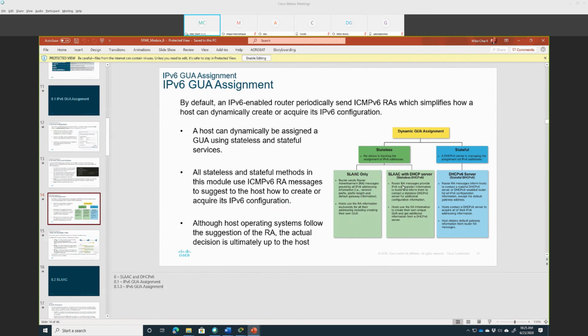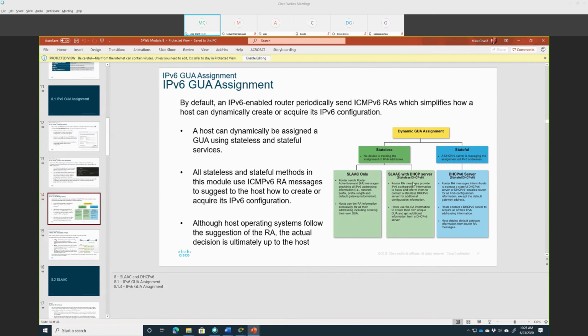Basically, it's a combination of the two. So the router is going to give them the prefix and the gateway, but they tell the client, look, if you need additional information or additional IP services for whatever server you want, go to this server right here,